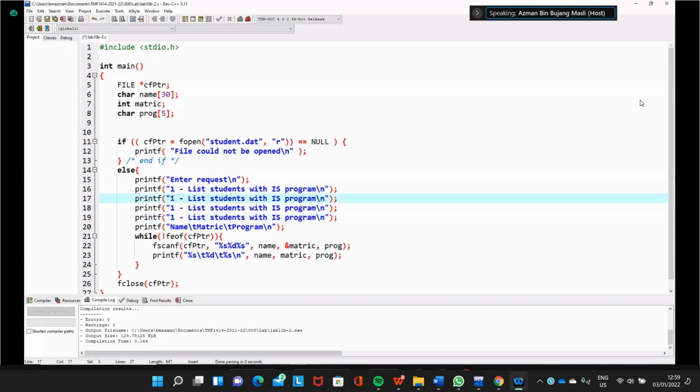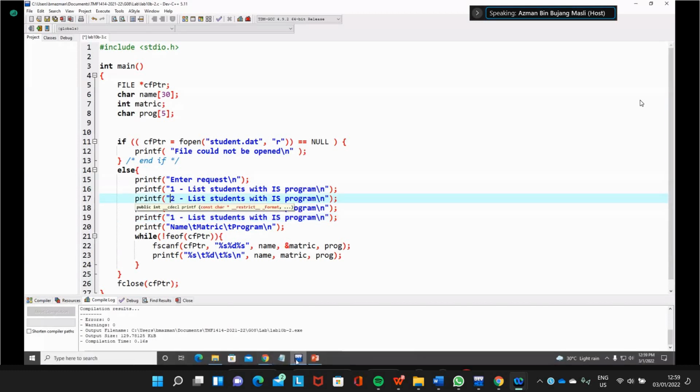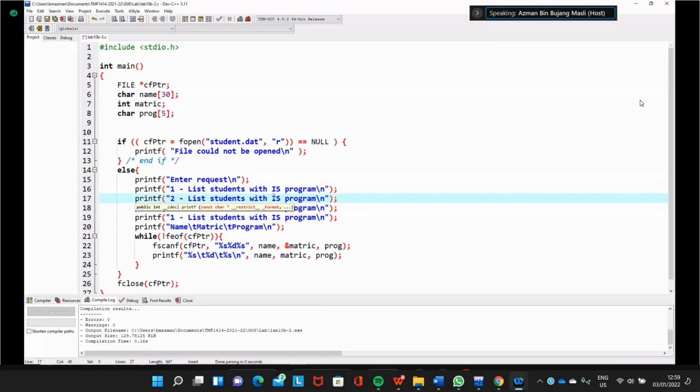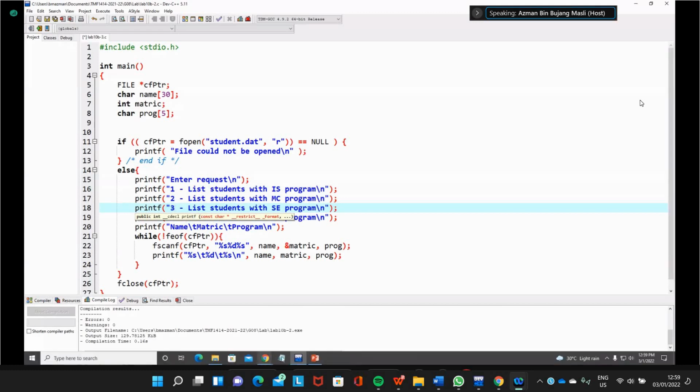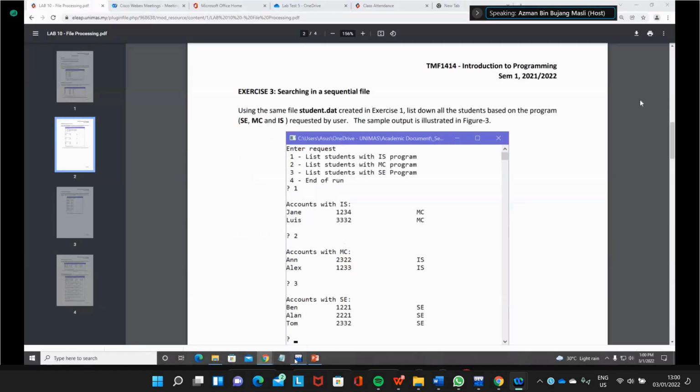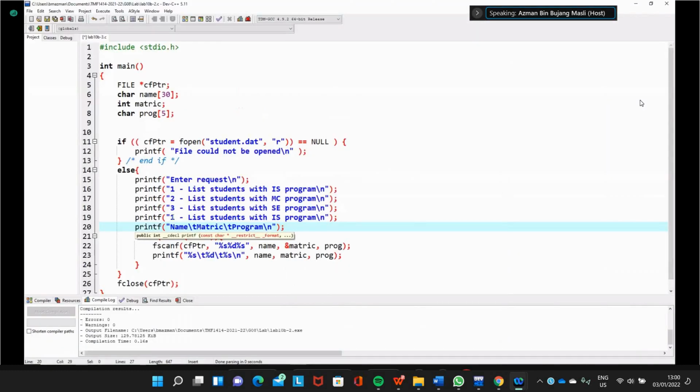Number 2, list student with MC and SE. So this is MC, and then this is SE. Number 3. And then number 4, end of run.